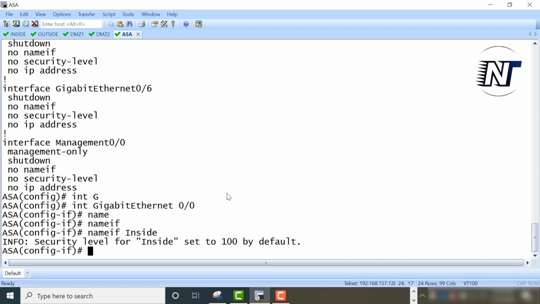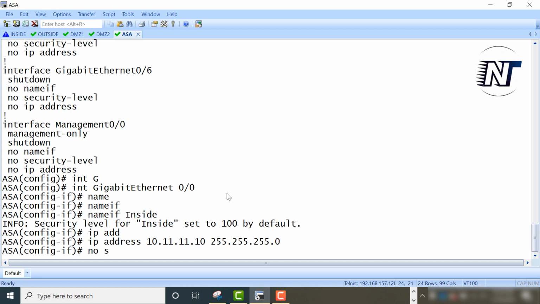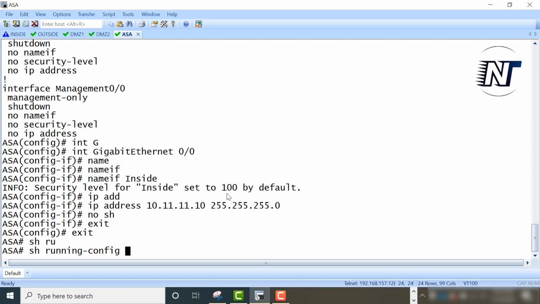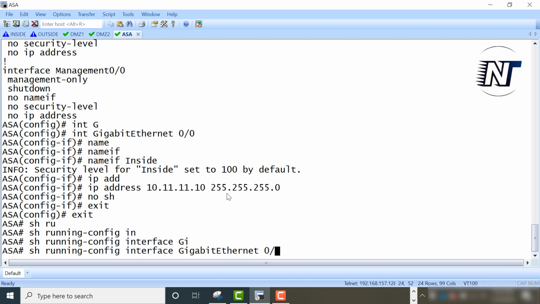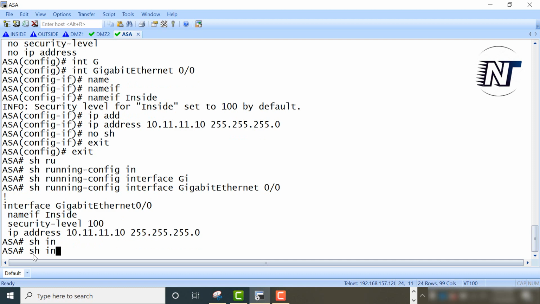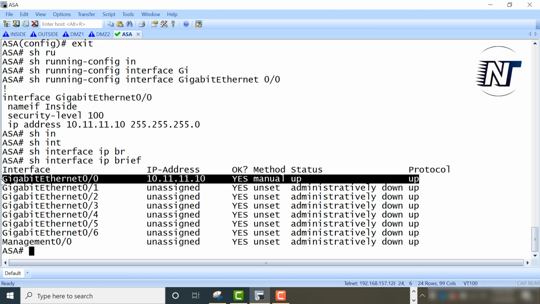Now I will put the IP address 10.11.11.10 subnet mask 255.255.255.0. No shut to bring that interface up. Let's check what I configured till now. So show run interface gig 0/0. You can see here. So show interface ip brief, gig 0/0 is up now.